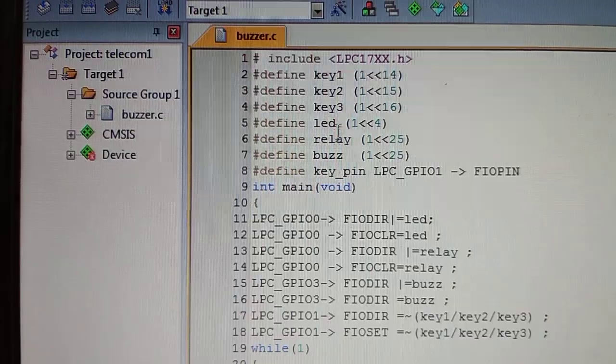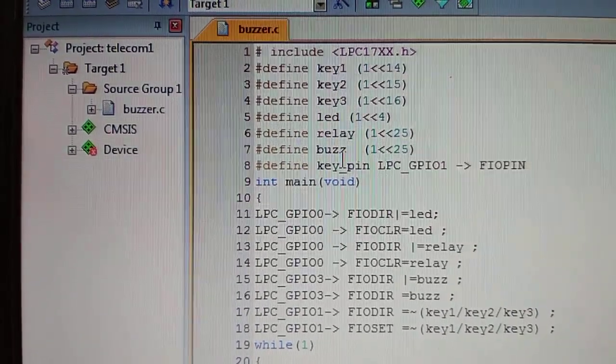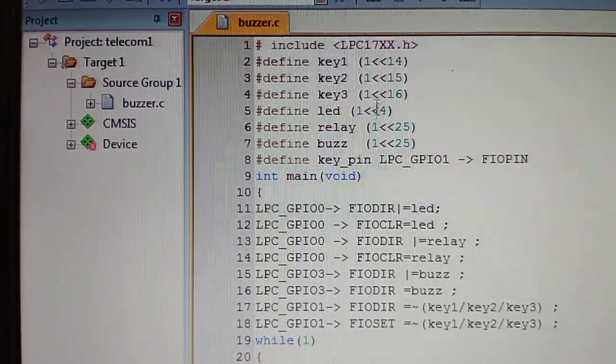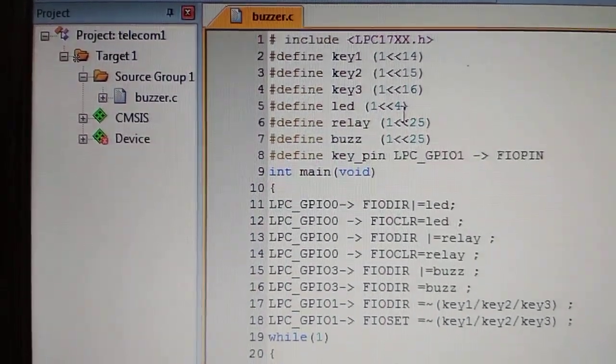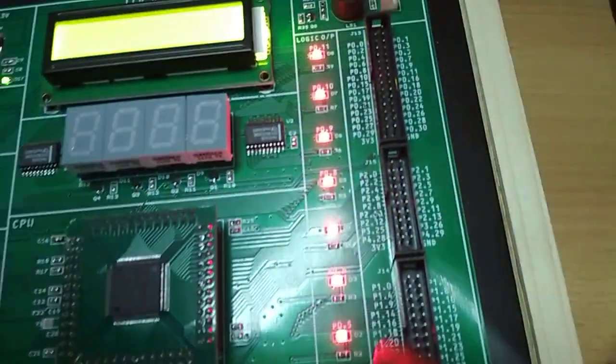Next we are talking about LED, relay and buzzer. For the LED, you can see the value is 4, that is the 4th pin. Among these LEDs you can choose any LED.